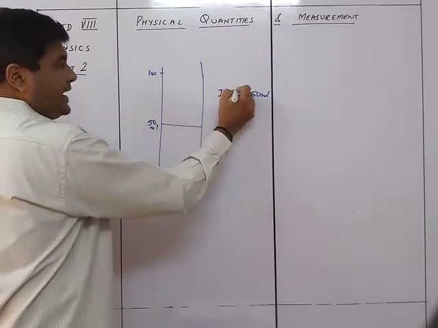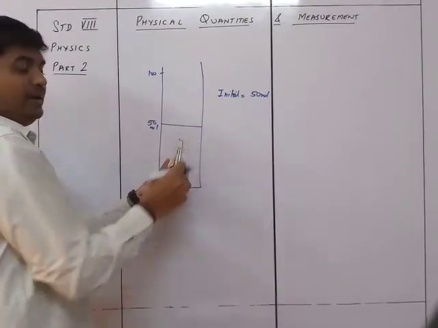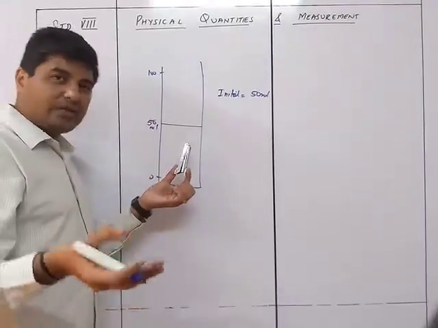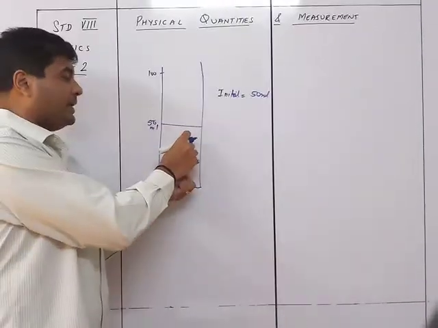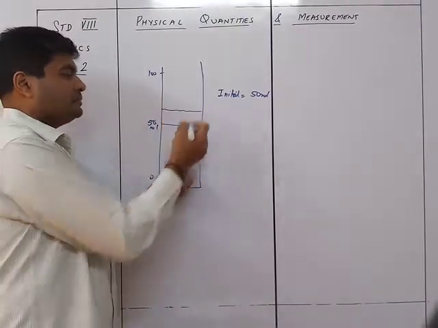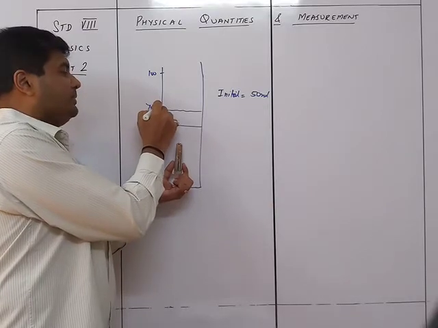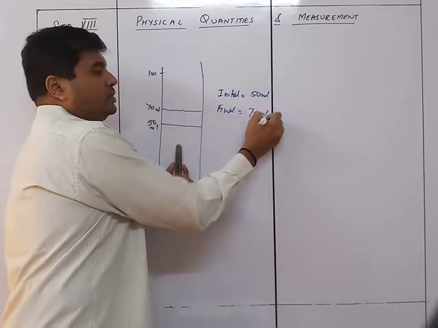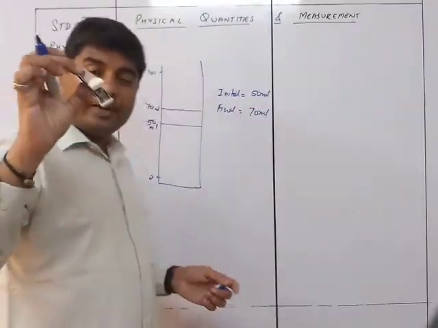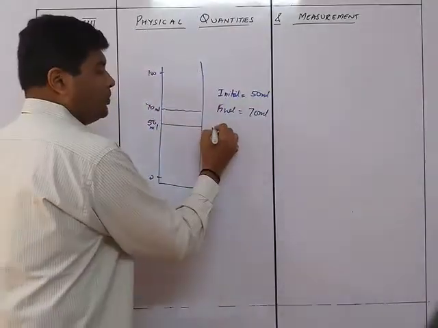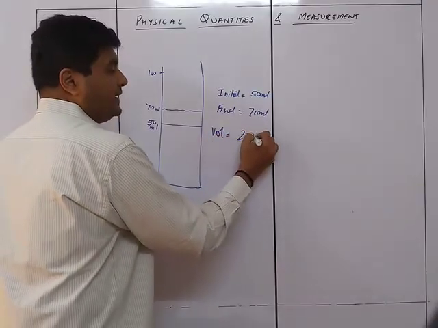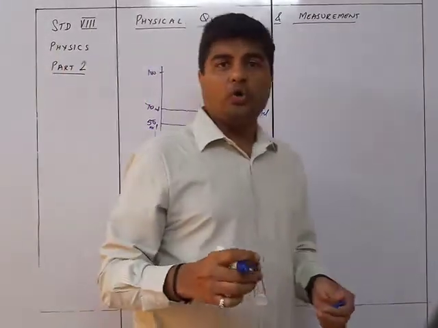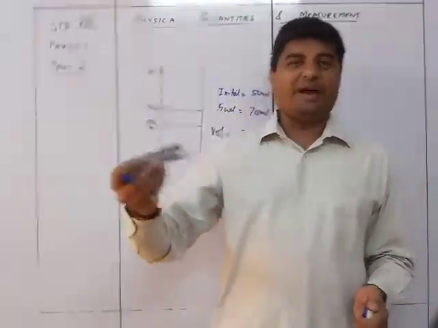And as soon as I put this inside, what will happen? Like the thirsty crow, the water level will go up. The more stones he put in, the more the water went up, similarly as I put in the stapler, the water level will come up to here. So suppose that reaches 70 ml. So the final level over here is 70 ml. So what is the volume of this? The volume of the stapler is equal to 20 ml. 70 minus 50 is 20. That is the difference in the volume before putting the stapler and after putting the stapler.